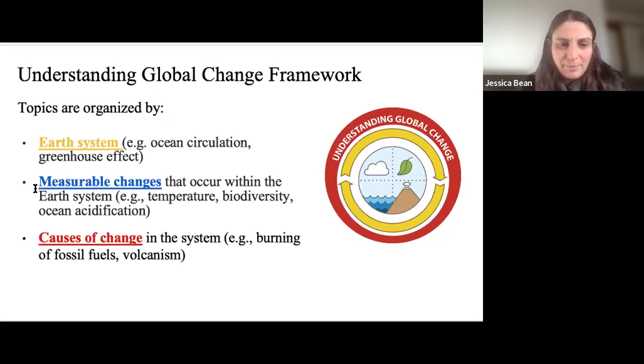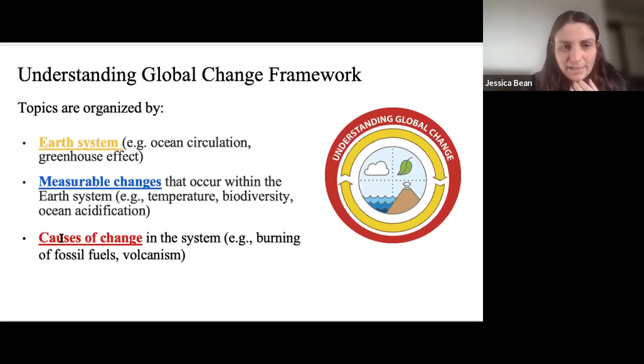But then we can really think about what are the measurable changes? What are the things in that Earth system that we can measure and monitor over time to know that the world is changing, that the rate and magnitude of those changes are happening? So we can measure things like temperature or biodiversity or ocean acidification or sea level rise or airborne particles, right? These are things that we measure and monitor for various reasons, but scientists all over the world are constantly collecting data about them in order to understand how and how much the world is changing.